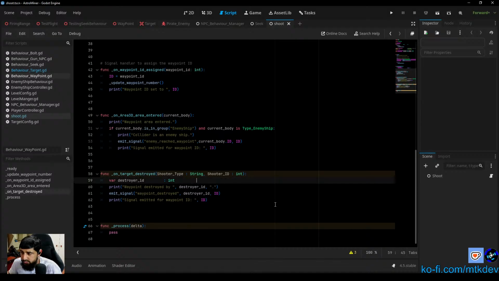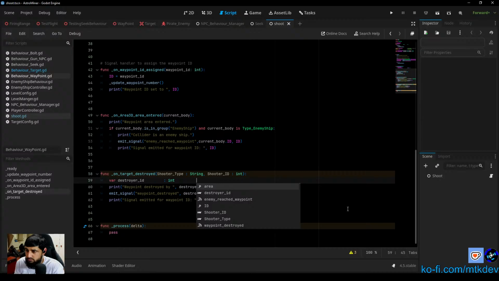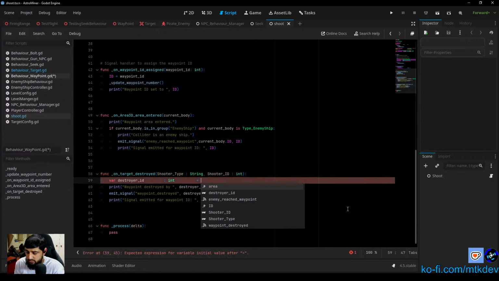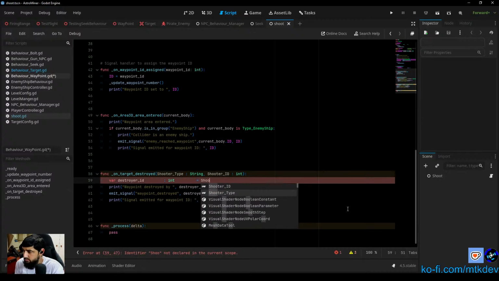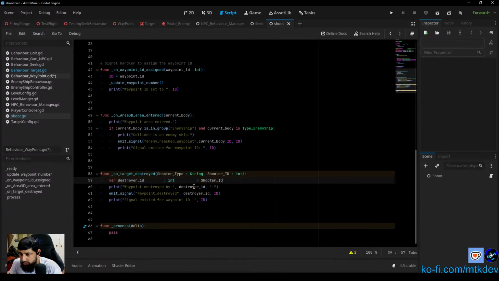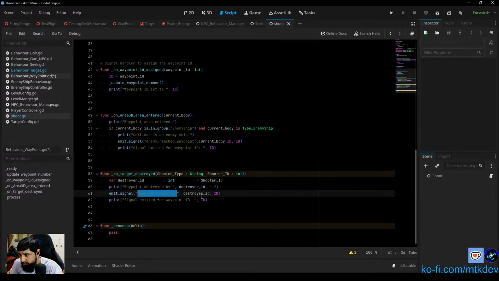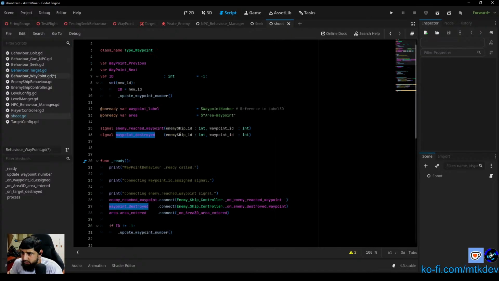So we'll put the assignment operator on line 45, and we'll say the destroyer ID takes on the value of the shooter ID, and then the shooter type, right, is waypoint destroyed is the signal, and up here waypoint destroyed is being connected into the enemy ship controller's on enemy destroyed waypoint. So